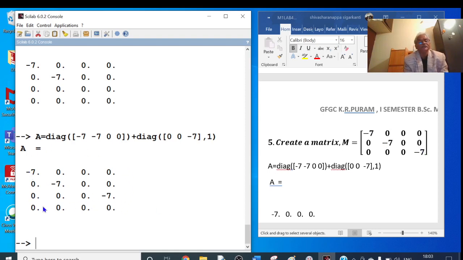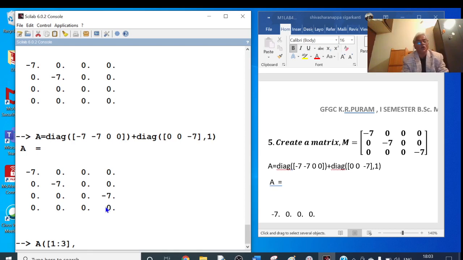To access this matrix, I have to take 3 rows and all the columns. To access this one I will type A, open bracket, 3 rows, so that is here 1, 2, 3, close square bracket, comma, columns.